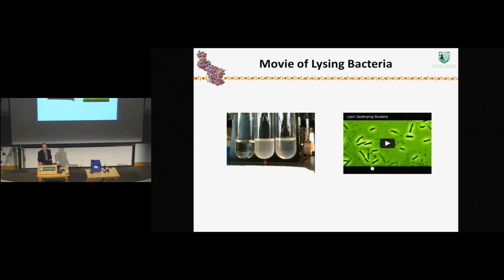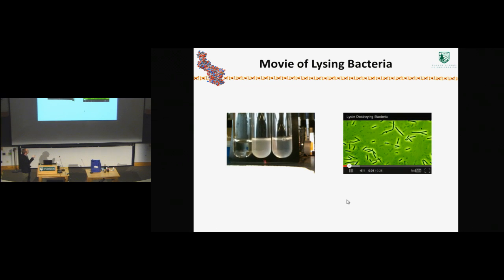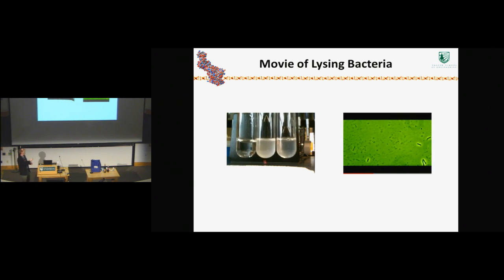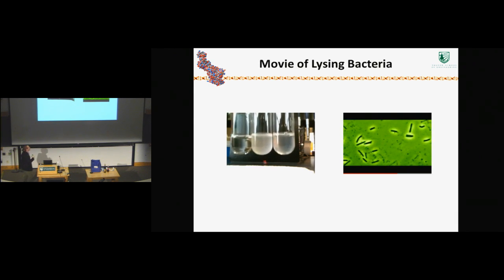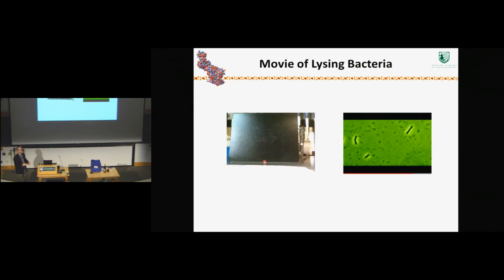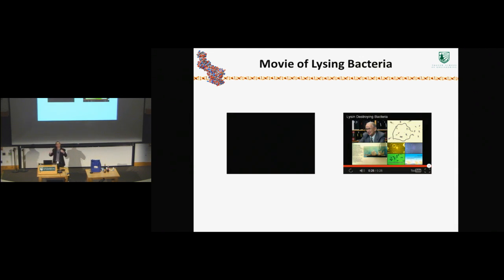Now, if you were to look at this on a microscopic scale, what you would see is there are individual bacteria in there that are being attacked by the enzyme. Their cell walls are being degraded, and they are just being dissolved, literally lysed. That's the same thing going on here, and eventually this solution would go clear, almost as clear as that solution, given enough time. So this gives you some perspective on how lysozyme attacks these bacteria, and it literally disintegrates their cell wall, causing them to burst